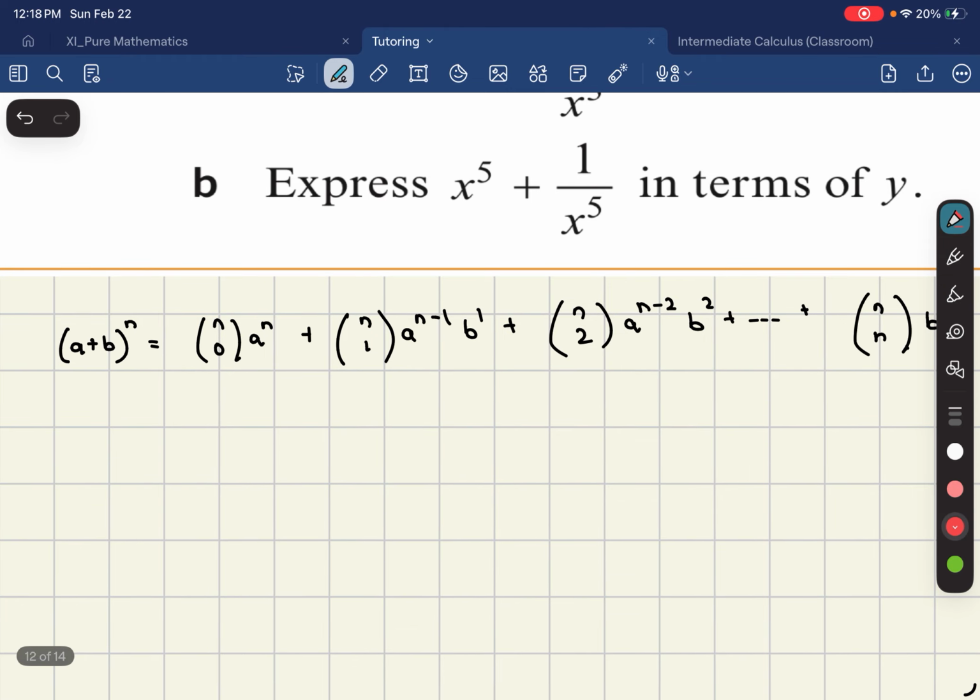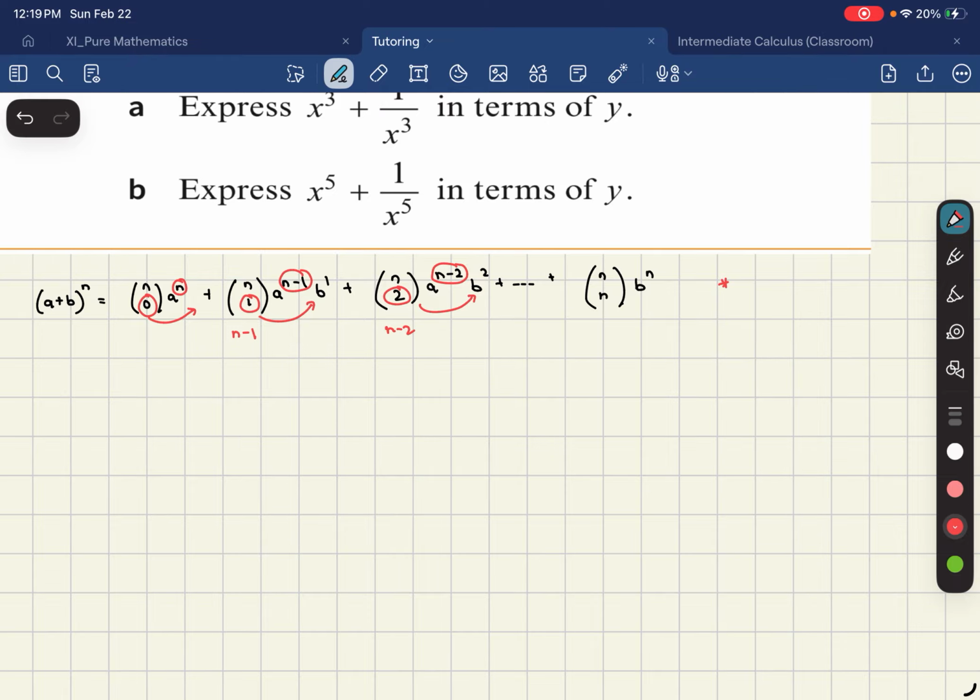So there's one thing I want you to notice here. What is n minus 0? Well, that's just n, and n is on the power of a. n minus 1 is at the power of a. n minus 2, the difference between what we have for our binomial coefficient goes to the power of a. So that is very important. And the number lower at the bottom goes to the power of b, right? 0 is here on the power of b. So that is a very important observation to make. So the formula is very important, but it's also very important to know how the powers of a and b